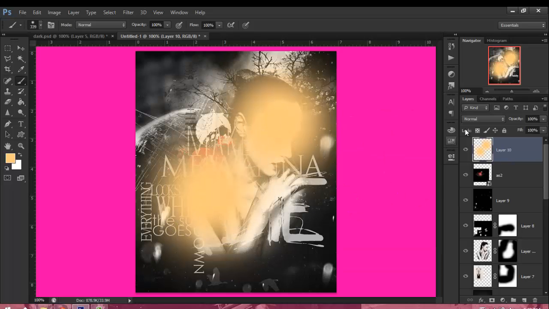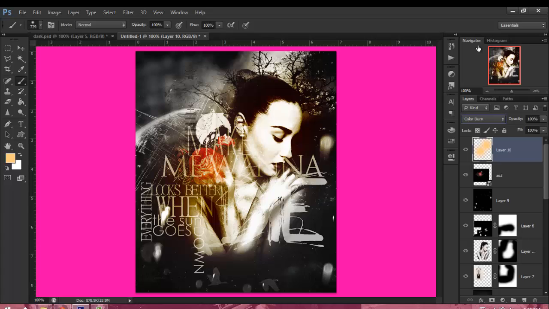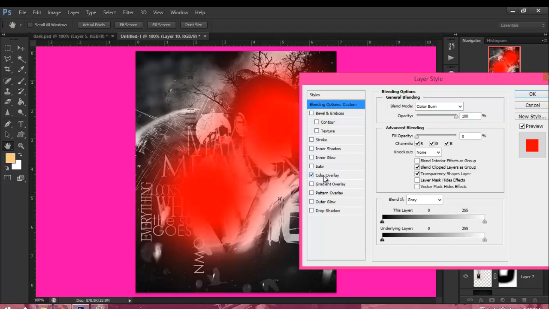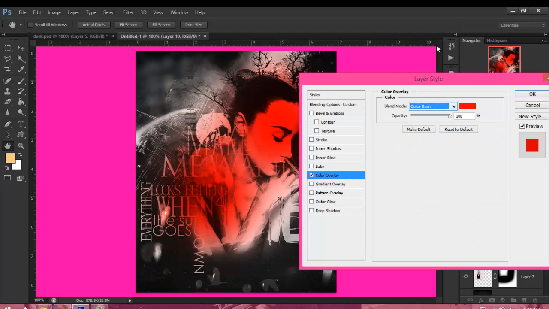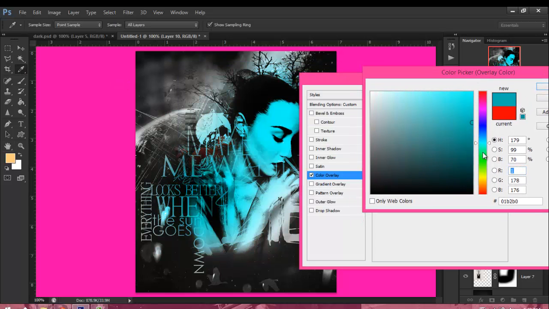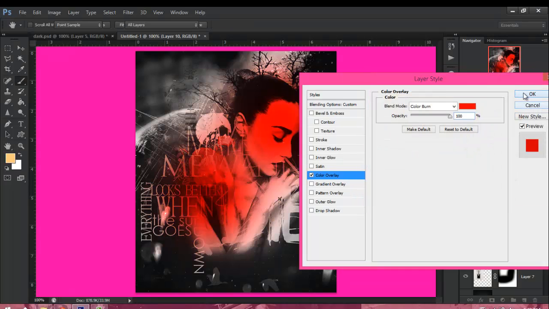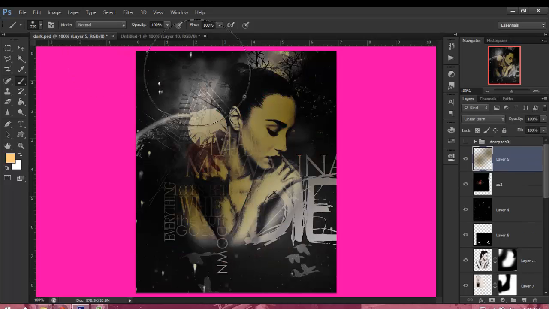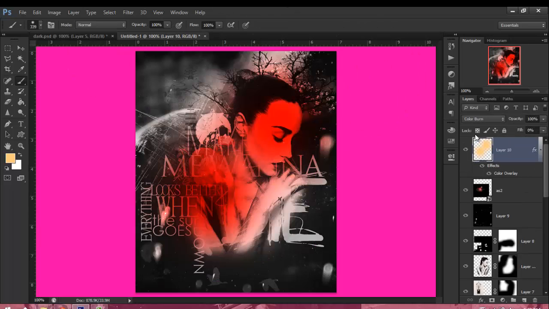Now if you don't like it, you can just double click into that, change your color overlay, set the mode to color burn, and then choose a color you like. Whatever color you might see will fit the image more. So I'm gonna go ahead and do a brown tone. It's not really looking nice either way, because I set it to linear burn instead of color burn. Change that mode to linear burn